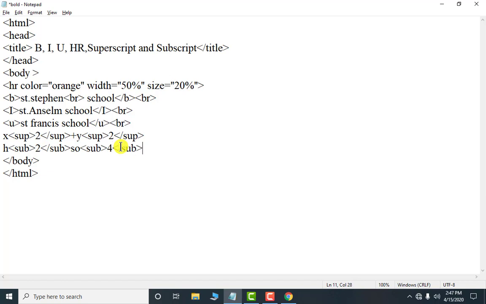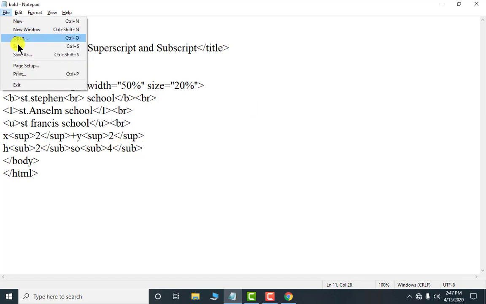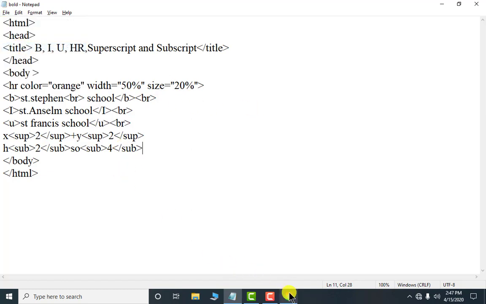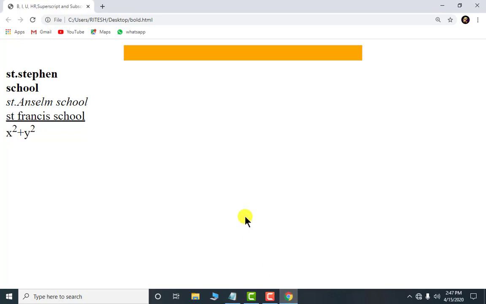Okay, this one is important. Keep in mind, you have to revise it again and again, twice or thrice. Again save it. Now click on this and press F5. Look, H2SO4, only 2 and 4 are coming in the base, otherwise all are coming normally.